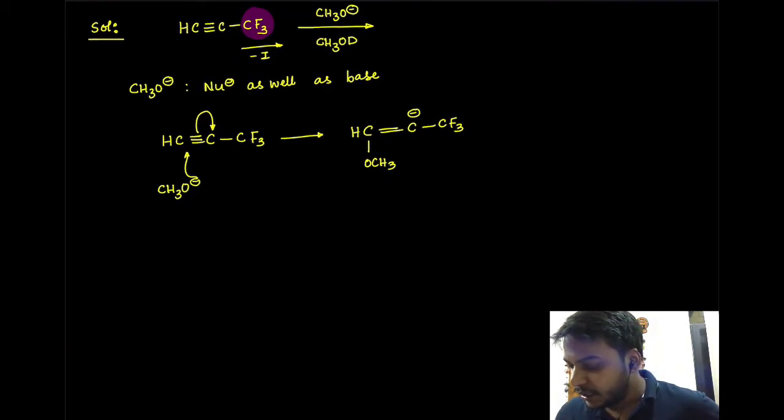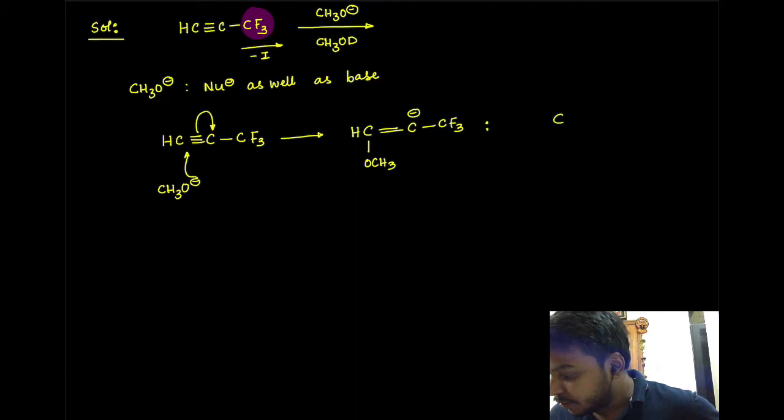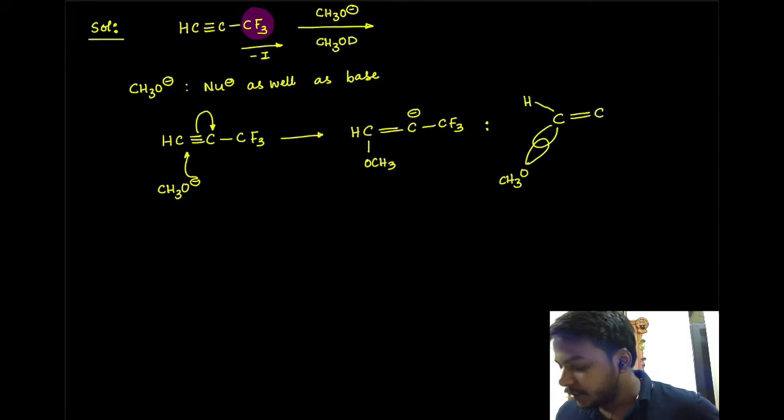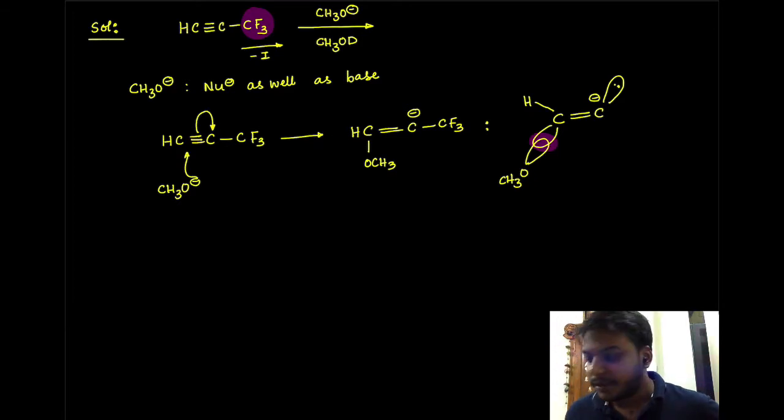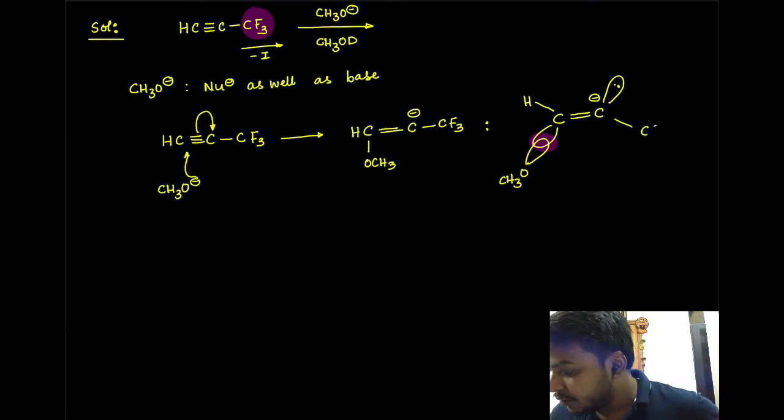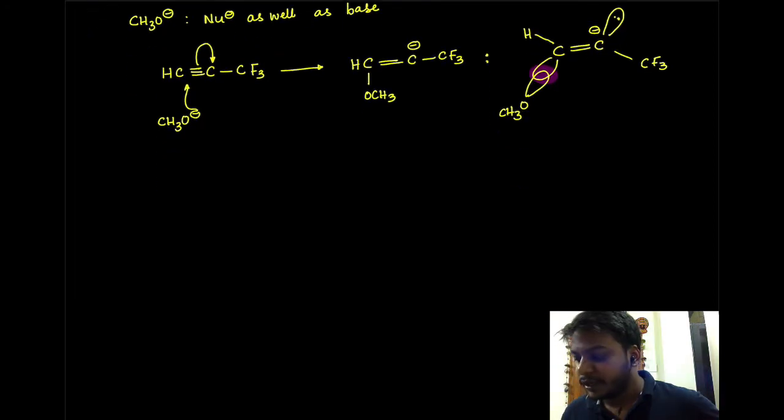And one more thing, if you check in terms of the orbital in which this has been formed: the OCH3 coming here, I'll write it as CH3O, and then I have a hydrogen here, double bond and carbon. This bonded pair, where CH3O minus has bonded with carbon, and the lone pair which is formed always try to be opposite to each other so that there is less repulsion between them. Hence you would see this is the kind of molecule you will get.